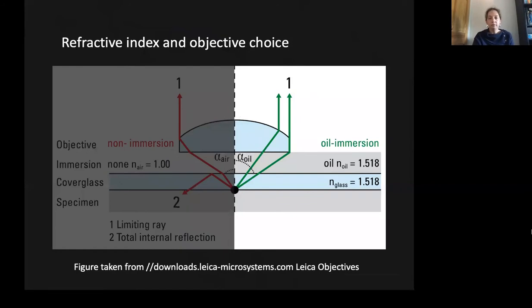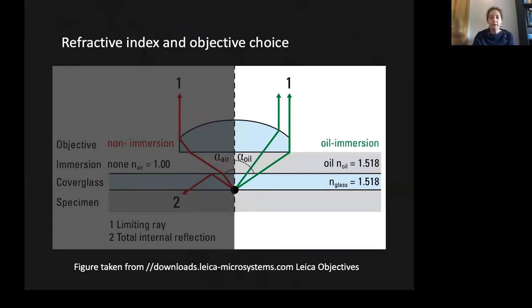As you increase the refractive index of the space between the objective lens and the cover slip, more light enters the objective front lens, and the resolvable frequencies increase too. For the oil immersion objective shown here, the oil has the same refractive index as the glass. By reducing the amount of refraction happening in the system, you're effectively maximizing the amount of light that can enter the front lens. Higher magnification objectives are usually immersion lenses.